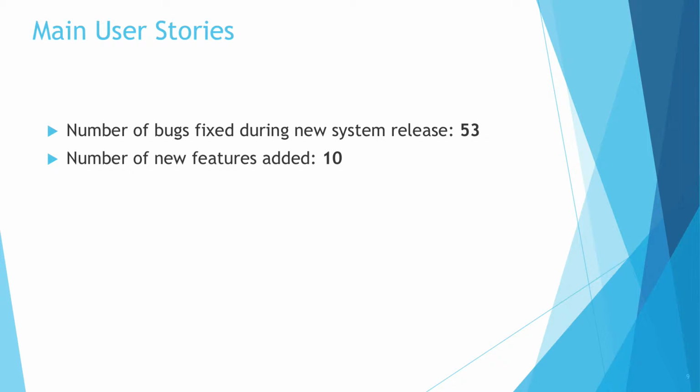Okay, so we fixed 53 bugs and we added 10 new features. In conclusion for this section, and for a brief description of all the features that were added, we have the YouTube subsystem, the profile completion graph, the cover letter upload, the LinkedIn authentication, the admin feature, job cloning and job application. Please see the final document for all the features that were added, as well as a detailed explanation of all the bugs that were fixed.